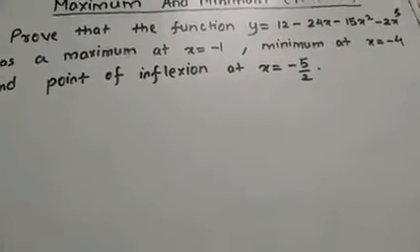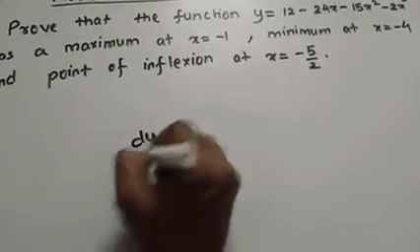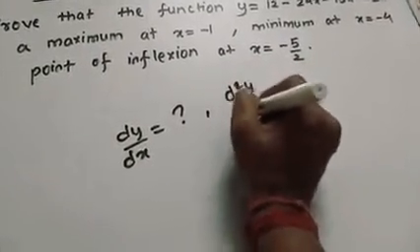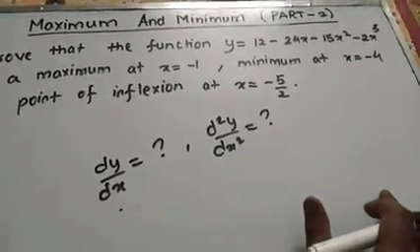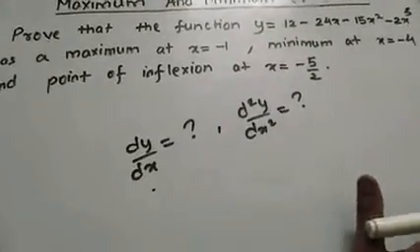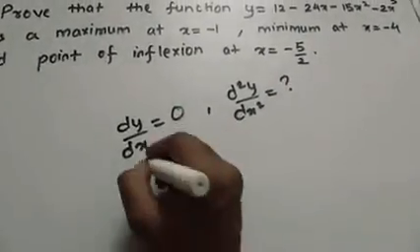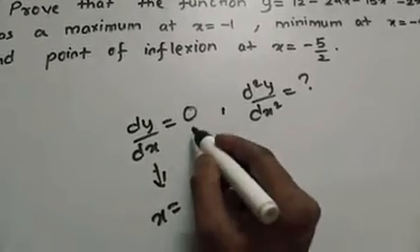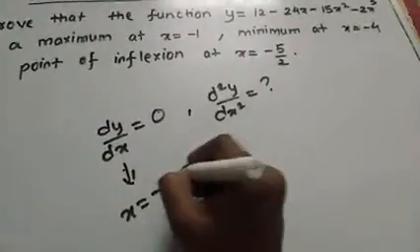So y is given to you. First of all you have to find dy/dx, then you have to find d²y/dx². As we know how to find that, this is a simple function, you can simply differentiate it. Then for finding the maximum and minimum values, we simply put dy/dx = 0 and from here we get the values of x. After equating dy/dx = 0, you will get x = -1 as well as x = -4. You will get these two points.